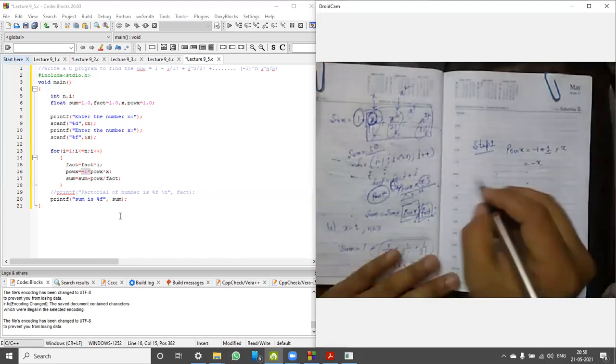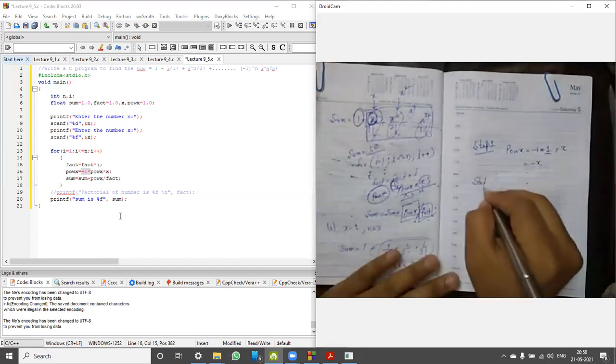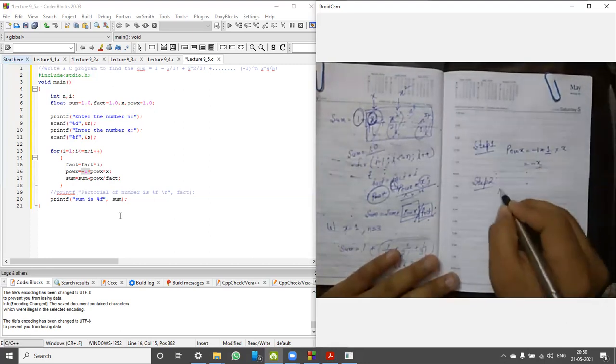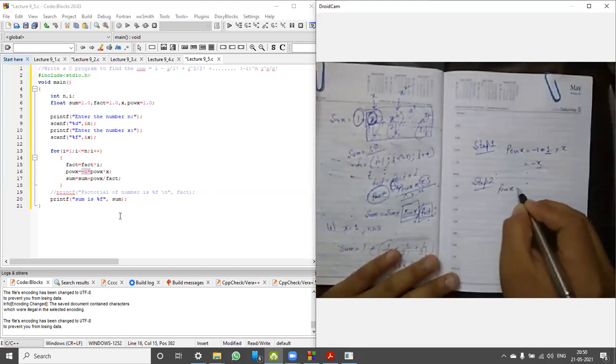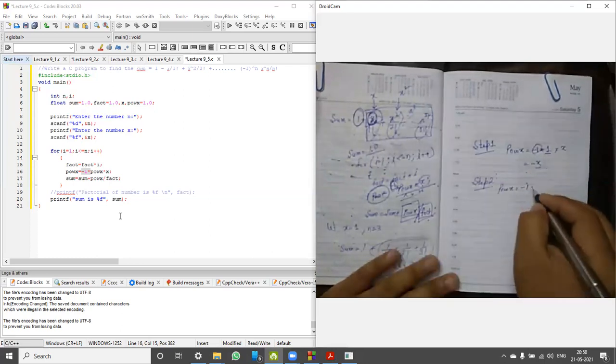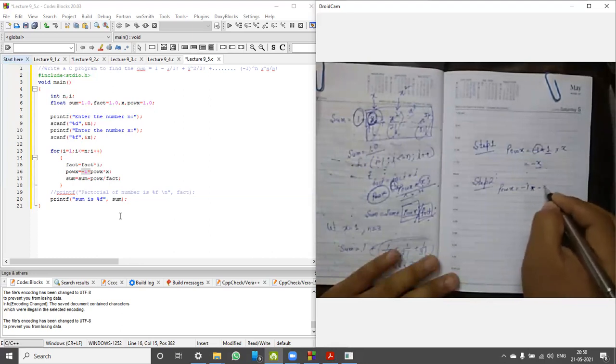In step 2, this is minus x. What we are doing, power x minus 1, we are using this. Now it is going to multiply with minus of x because power of x is minus x. Multiply with x.